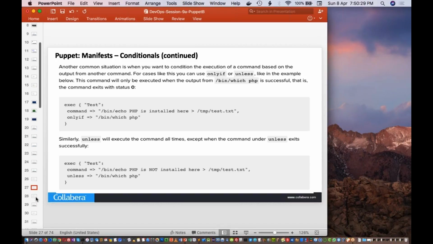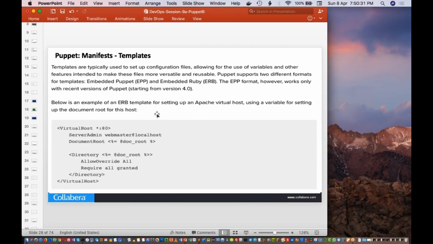Okay, good. Now template file, like you'll be able to create templates. Like I mentioned, there are two templates available, EPP and ERB, and when you specify in Ruby syntax like this, that particular variable will be replaced with the value.